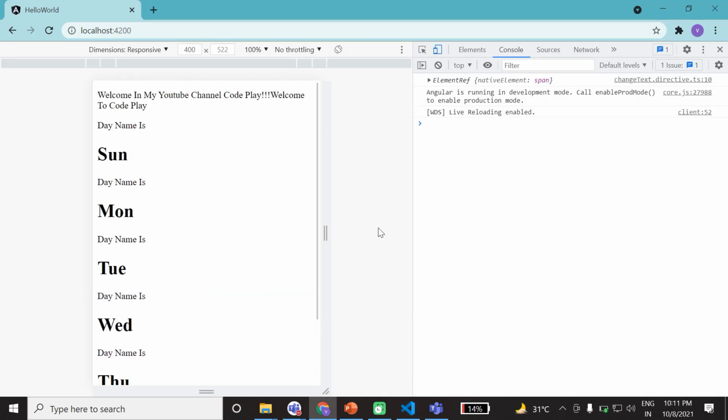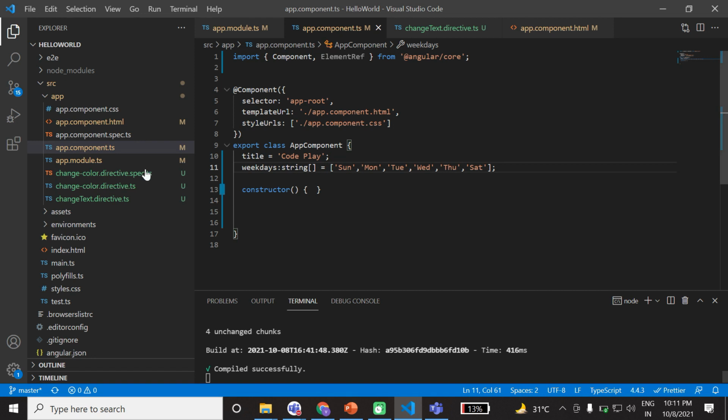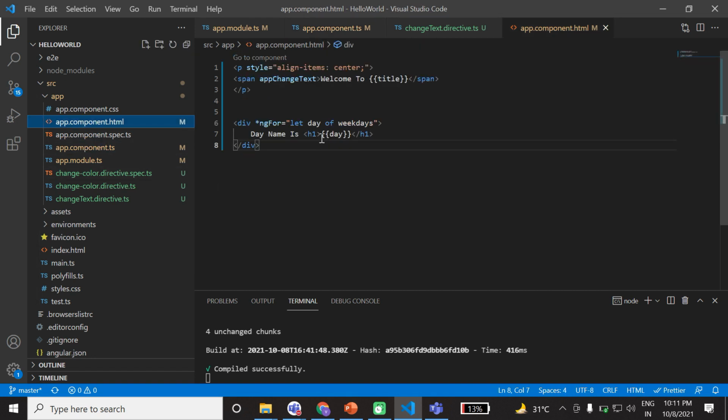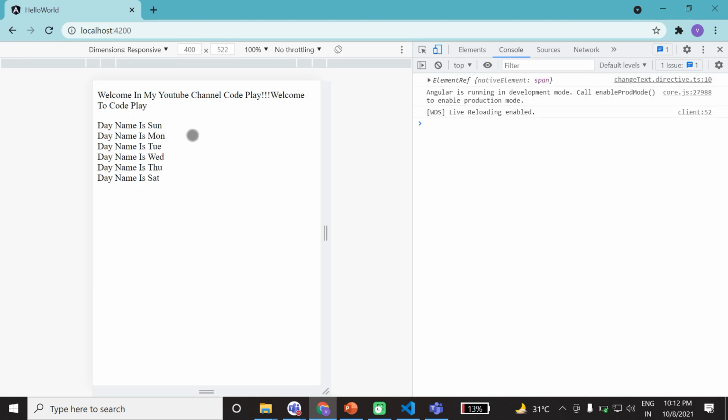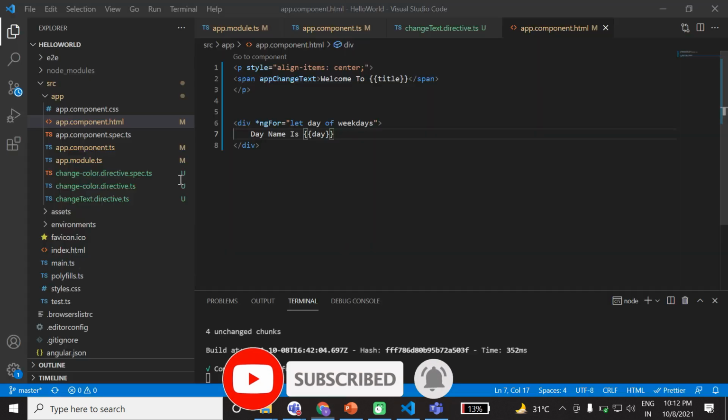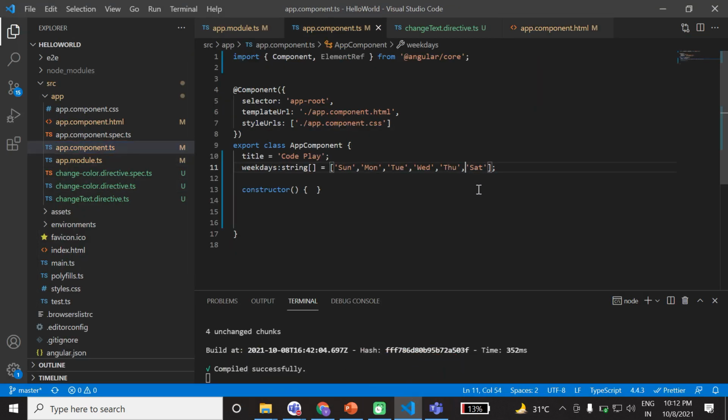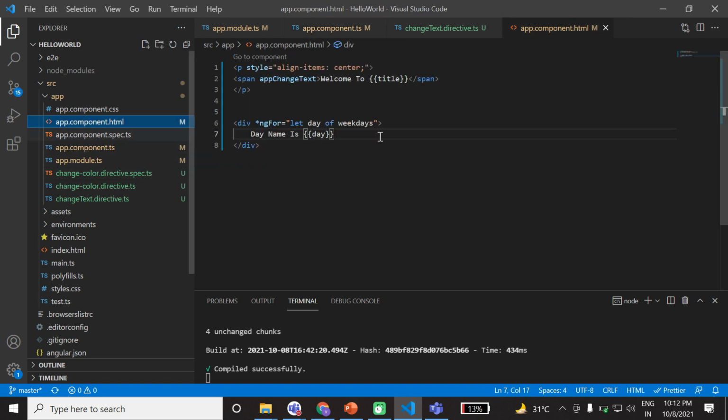Now you can see the day name is Sunday, Monday, Tuesday, Wednesday, Thursday, Saturday, Friday. So you have this structural directive ngFor, and here you can use it.